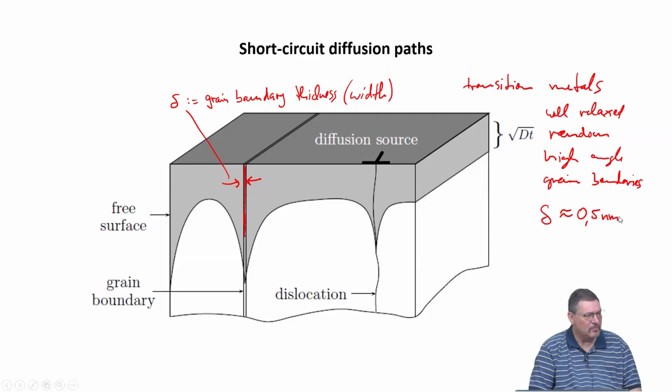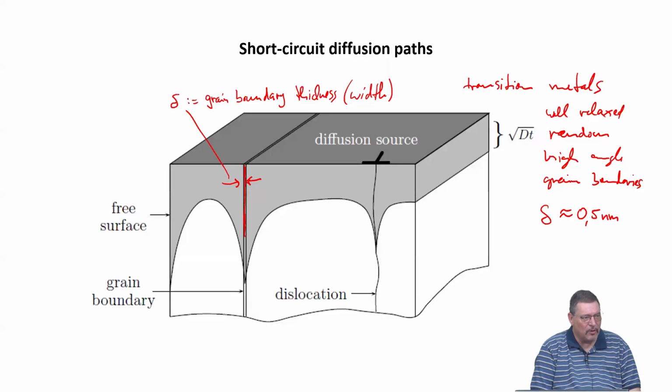It's about 0.5 nanometer, 2 lattice constants. So it's basically that the distortion of the crystal lattice extends about 1 interatomic spacing into each of the grains which make up the boundary. For pure non-transition metals, it's similar, but not so much data is actually known because the diffusion measurements to measure this grain boundary width have not been done.